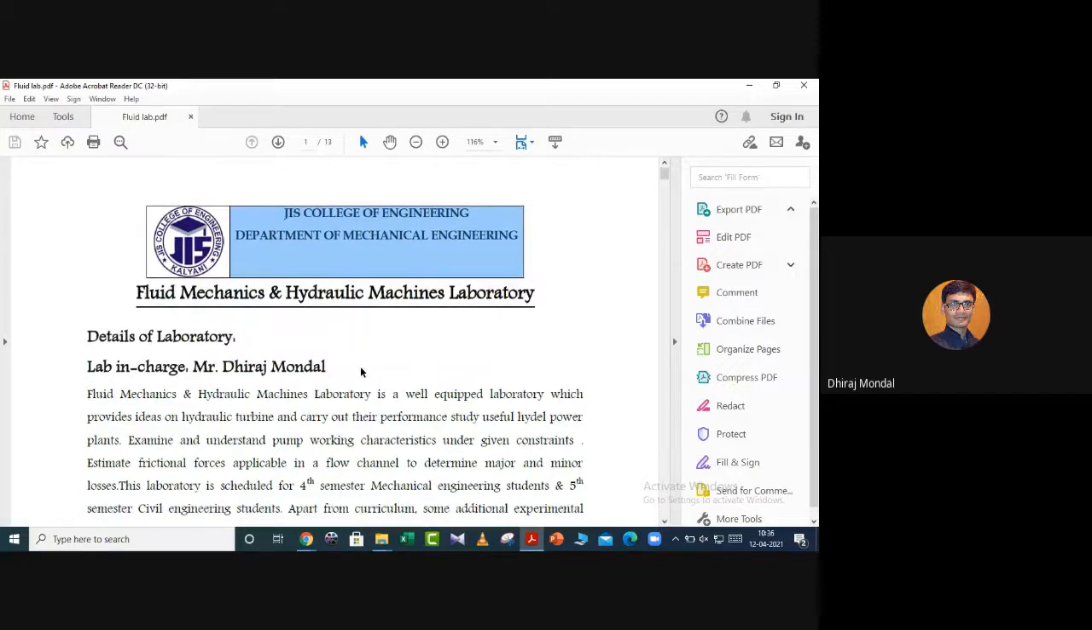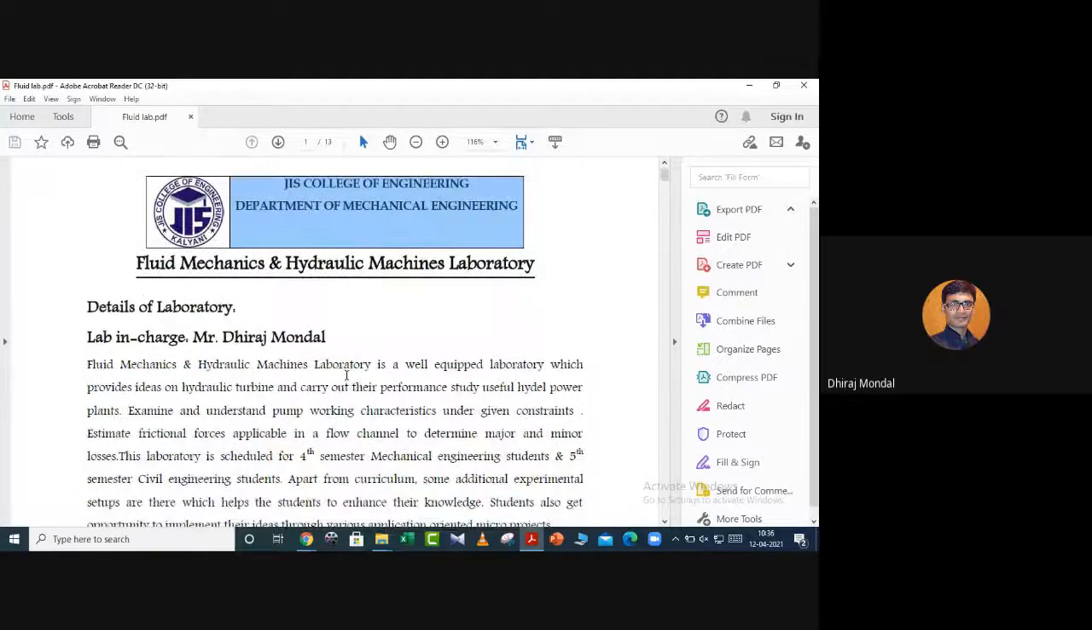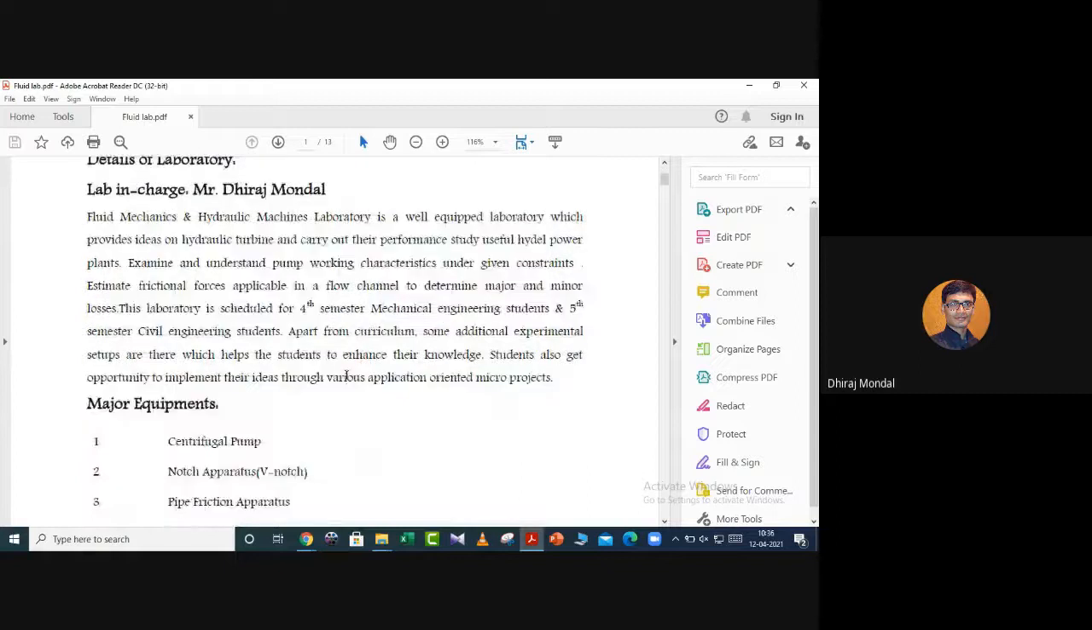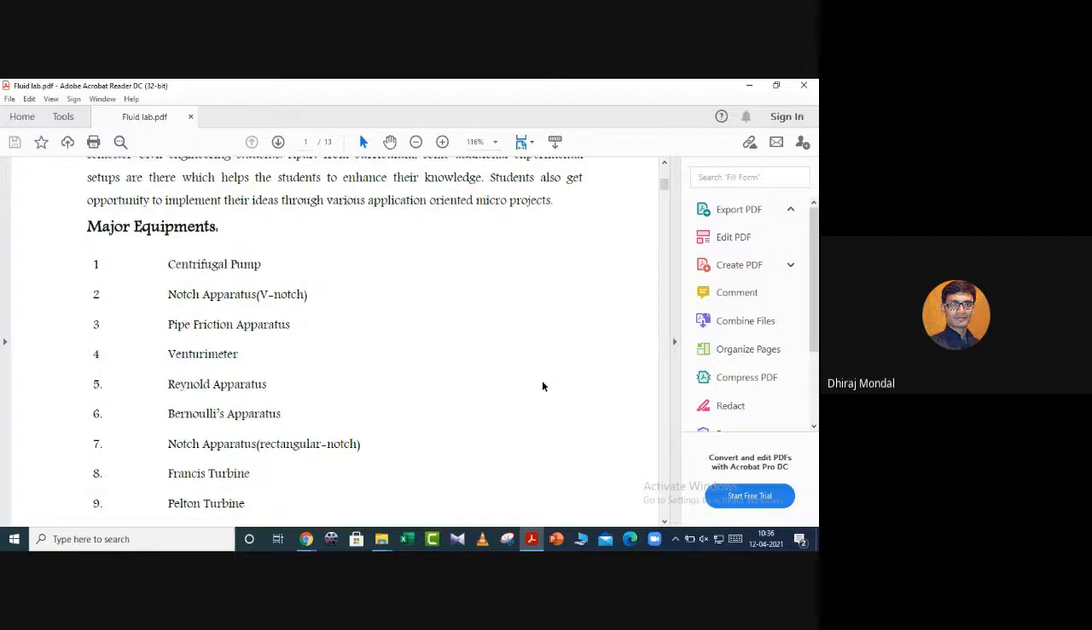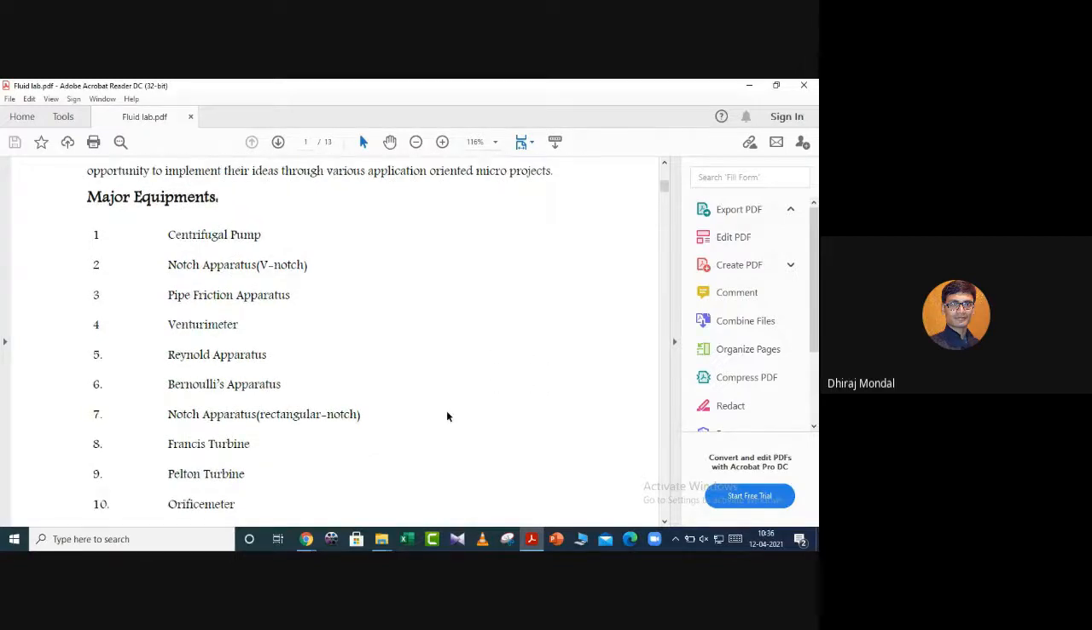Okay. So, fluid mechanics and hydraulic machines lab. There are 10 major components. Centrifugal pump, V-notch apparatus, where V-notch and rectangular notch will be discussed. Pipe friction apparatus, where we discuss the frictional head loss when the fluid is flowing from one point to another point. Venturimeter means